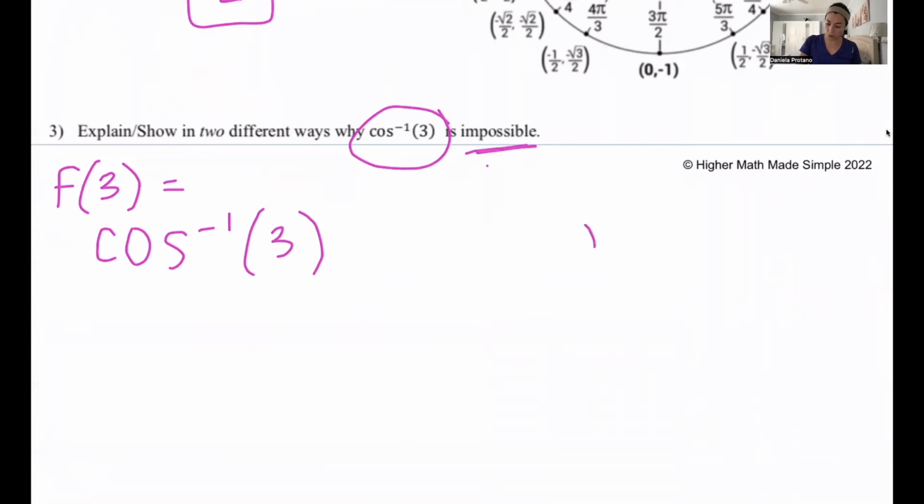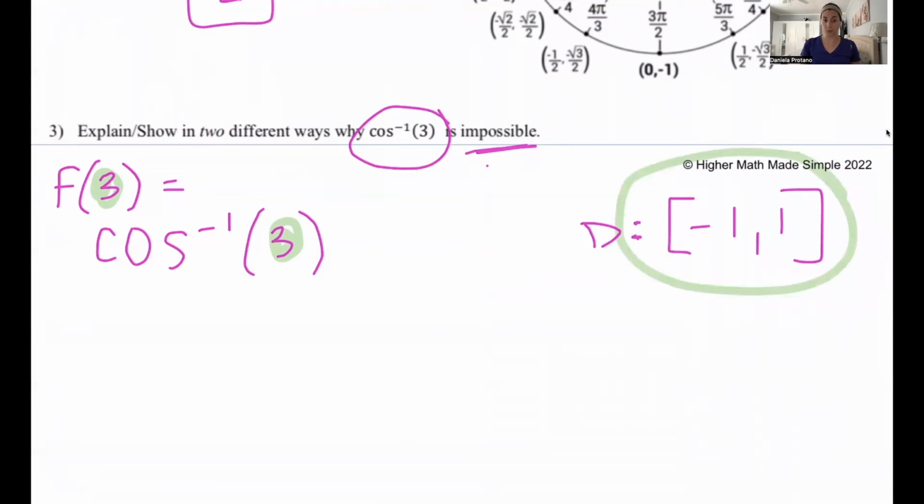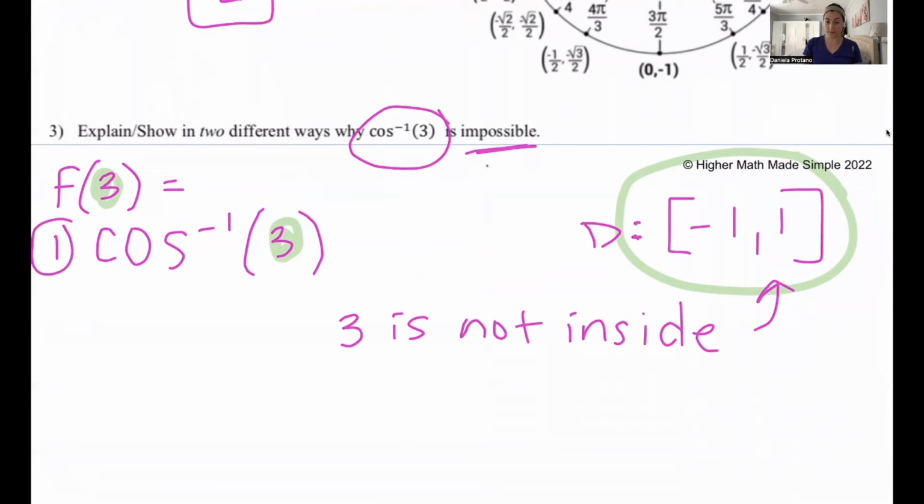Remember, the domain of the inverse function is between -1 and +1. So if we are inputting a 3 into the function, already we can see that 3 is not even inside the interval. So that's one reason why: 3 is not inside the domain interval between -1 and +1. And the other reason, reason number 2, is this: